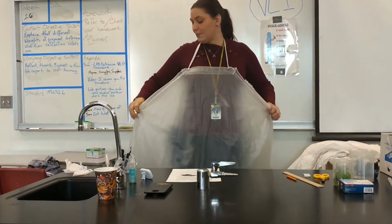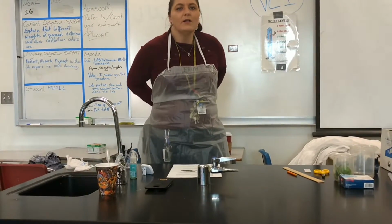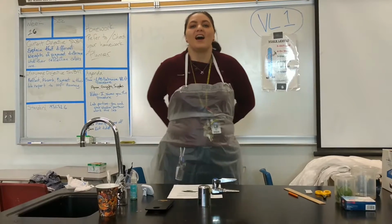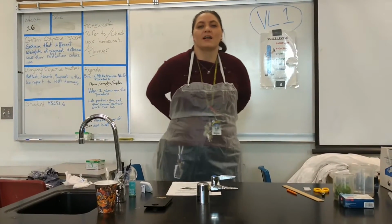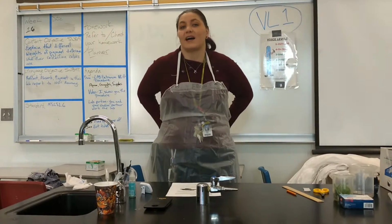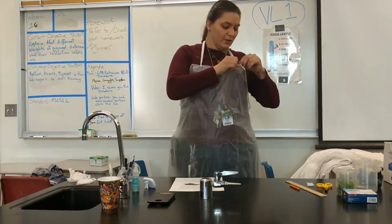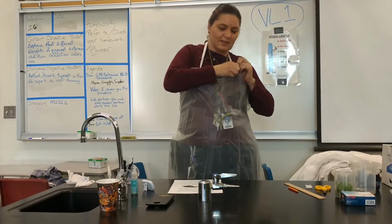Make sure I tie it completely. If I can tie it right around my waist again, I will. But again, I'm only tying a bow, not a knot, because you have very little time to get out of this, and every time you tie a knot, it makes it so the next class cannot get to their lab as quickly. Now it's hanging a little low, so I'm going to go ahead and remember to undo a little bit of this